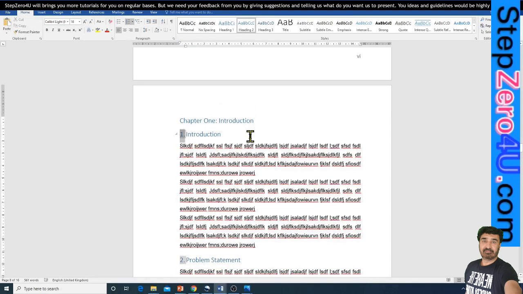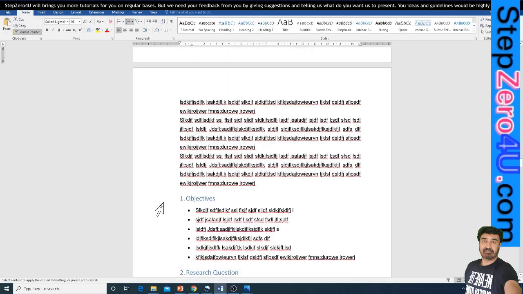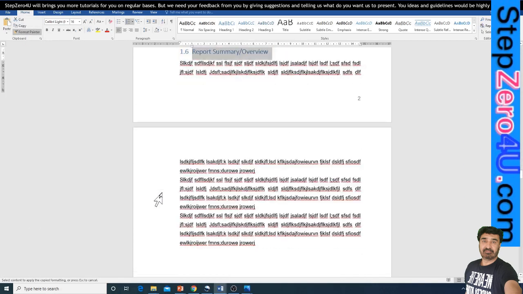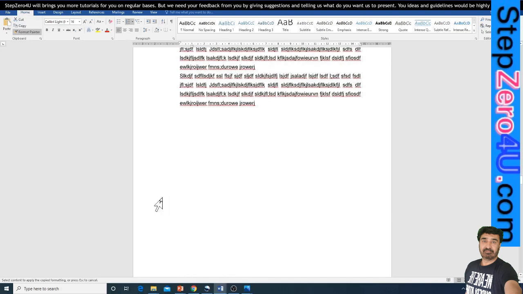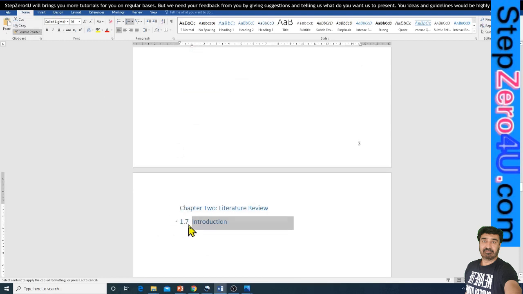For this purpose, we go to chapter 1, then go to the first heading. After the chapter heading, right click on the number before the first heading, which is level 2. Change its format. We will change its indenting and numbering as per our requirement. Then with the help of the Format Painter tool, we will apply the same format to all second level headings. I am not recommending here to use styles to change headings, because this tutorial is for students with no or little knowledge of MS Word and it would be a little complicated for them. But in future, with experience, certainly you can use styles to change the headings.